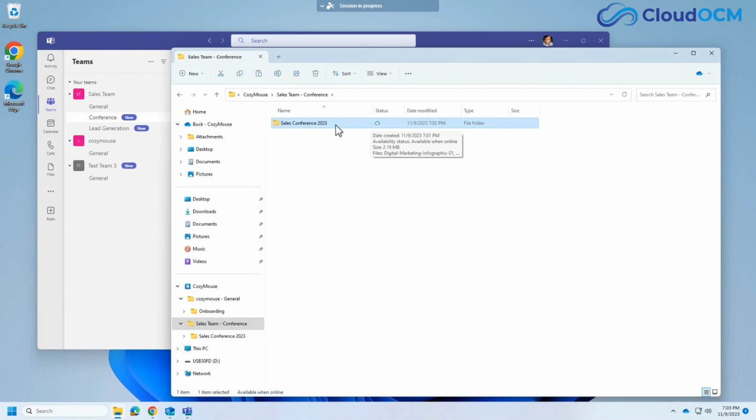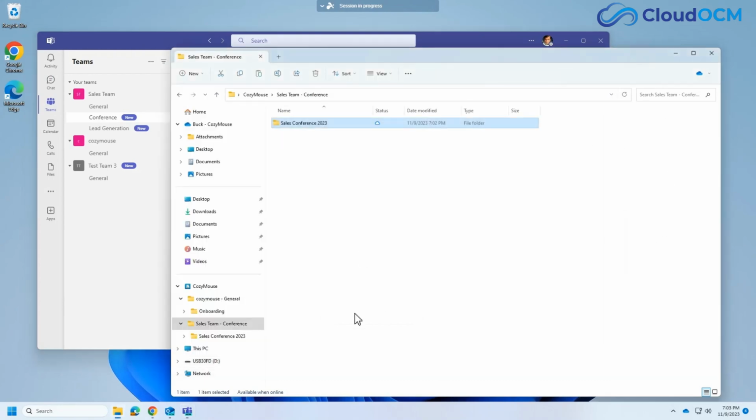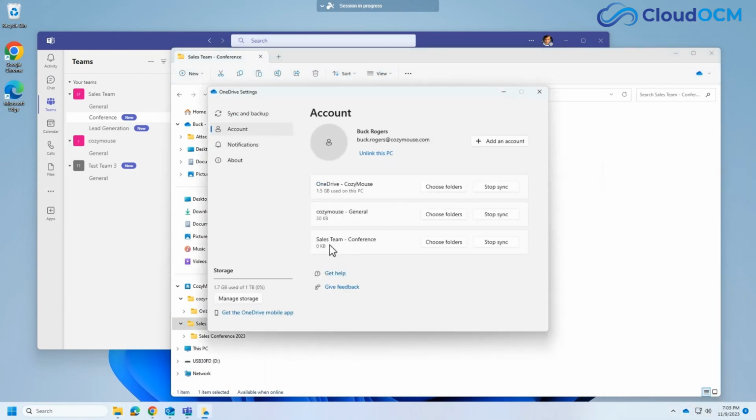So that's good. But if we do want to actually get rid of this completely, there's not a button here to say unsync or anything. It's only a sync button. To get them off the machine completely, what we have to do is we go into the OneDrive setting here, and we'll go up into the little settings bar, and you can see there's our sales team conference. You can see it's taking up no space at the moment because obviously we cleared those out, and we'd say stop sync, and we'll do that, stop syncing there,